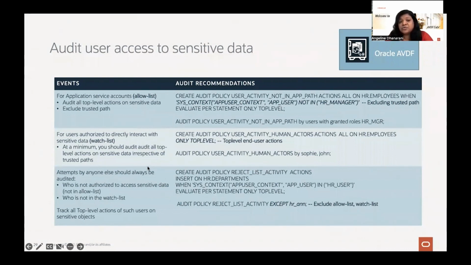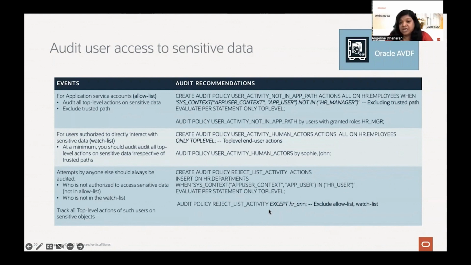The second is whoever is interacting, the authorized users who are interacting with sensitive data, but they are not the application service account. So you can enable these policies for those set of users who are authorized to access your sensitive data. The third category is attempts by anyone else. They are not in the allow list. They are not in the watch list. So you include everyone who is not in the allow list, watch list with an except, and then say monitor